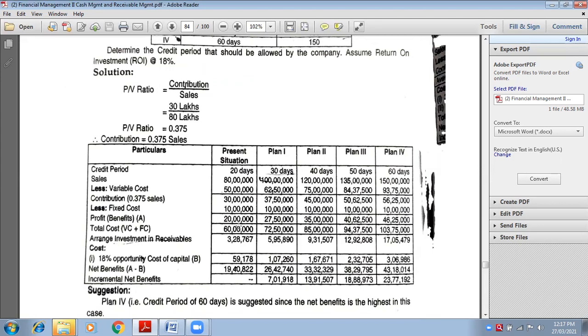What is total cost of plan 1? Variable cost plus fixed cost will give you total cost. 72 lakhs 50,000 into 30 days divided by 365. So your answer will be